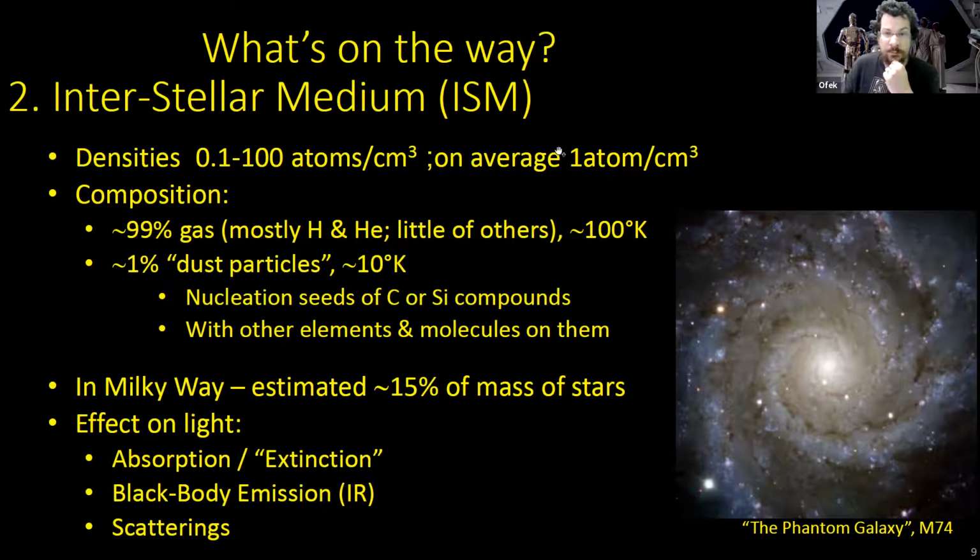It's very, very sparse. It's almost entirely gas, and that is, of course, mostly hydrogen and helium, trace amounts of other gases. Typical temperatures are about 100 Kelvin. That's most of the interstellar medium. But there are regions of it, some part about 100th of the interstellar medium, which are larger particles, dust particles. These dust particles can nucleate around higher mass atoms, like carbon or even silicon.